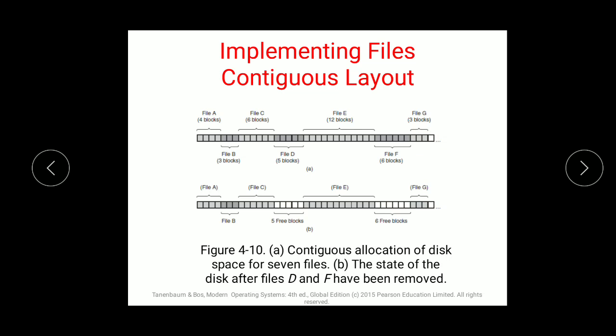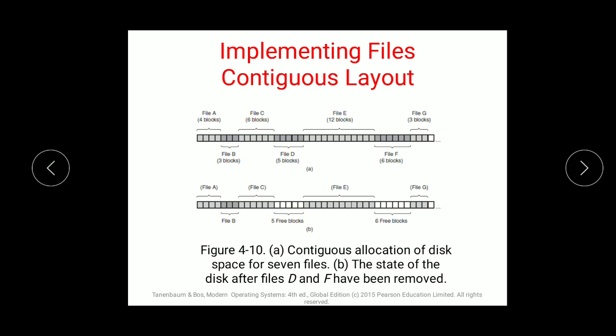If each disk block is 2 KB, then a 30 KB file will be allocated to 15 consecutive blocks. Each file will be divided into same-size blocks so that the division of work becomes easy. Contiguous allocation of a file is defined by the disk address of the first block and the total number of blocks occupied. So the first disk block address will be identified, and according to that the length of the blocks will be decided.